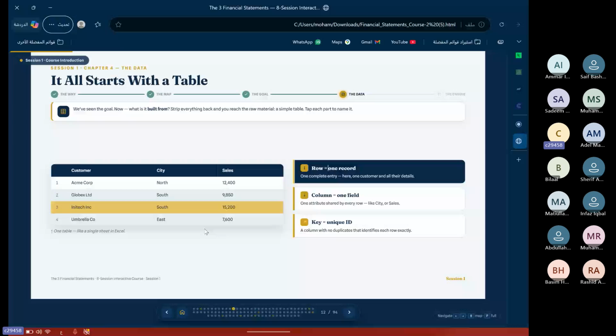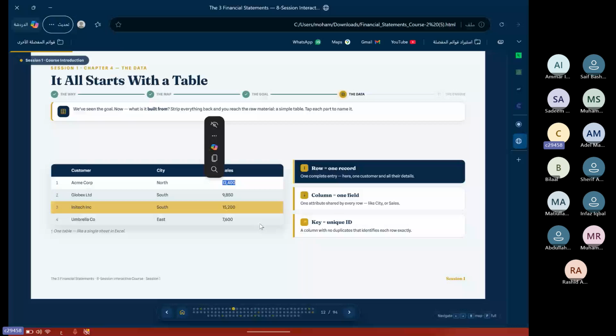Fact table will be like this. It has numbers, it has a fact, something that actually happened. Something different, something that will change. So this branch sold this month this amount. Next month maybe it's double, maybe it will be half of it. So this is a fact table and the dimension table.